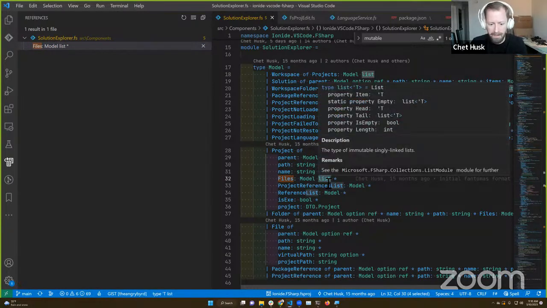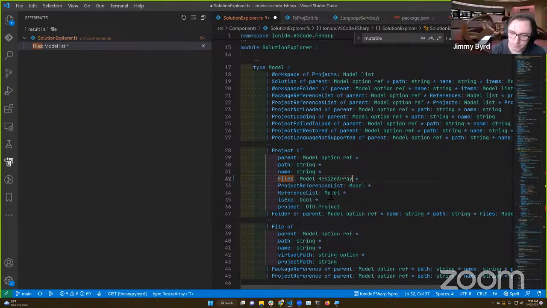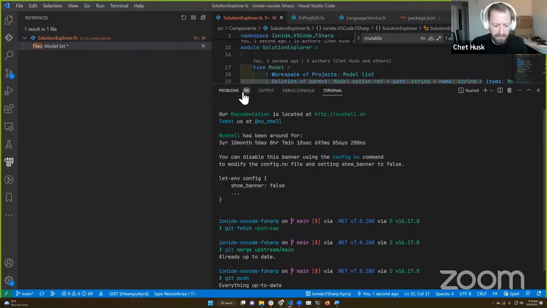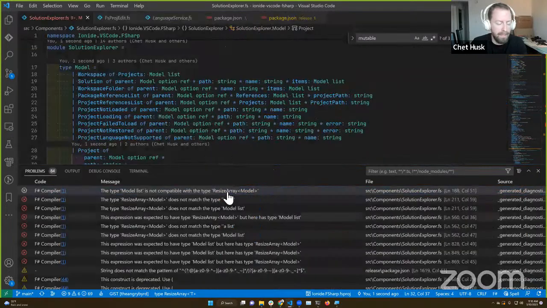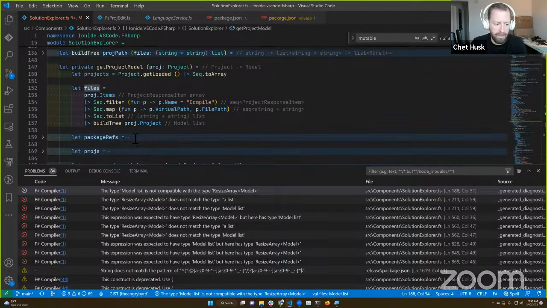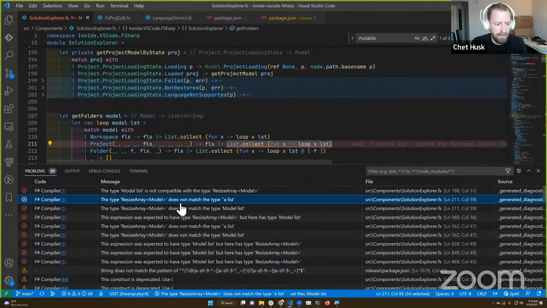I would probably go resize array here. Let's try it. Then we have to fix up a couple places that were using lists directly before, but it makes it easier for us to just change the one thing that we need.